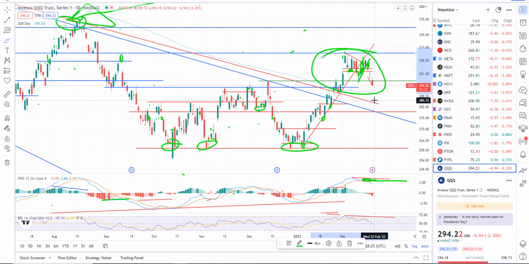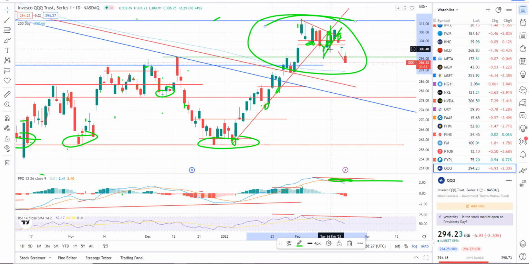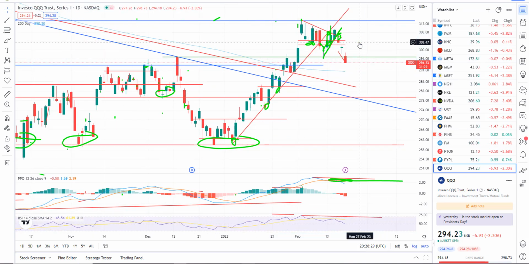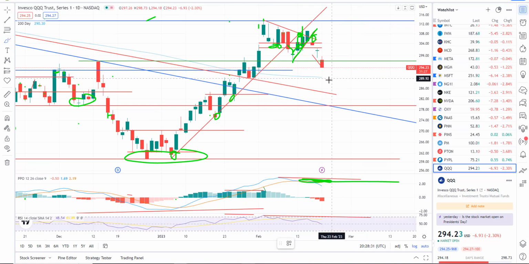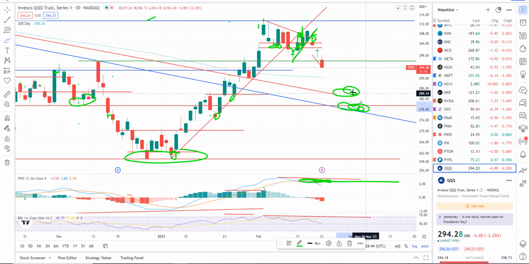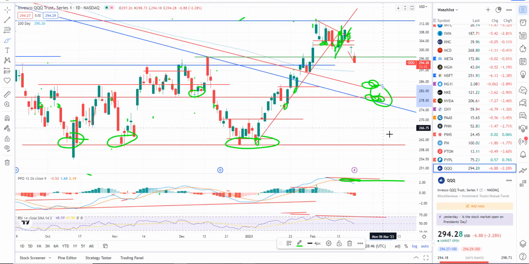We could be finished with the bear market, and we'll only know here in the future, but not without likely a backtest. So the levels that I'd be watching, obviously, the 200 simple moving average, 290, and then this trend line somewhere down here at 284.50. It depends on when you hit the trend line, and then potentially down here at about 278 or so. Those two trend lines, kind of a zone of support.